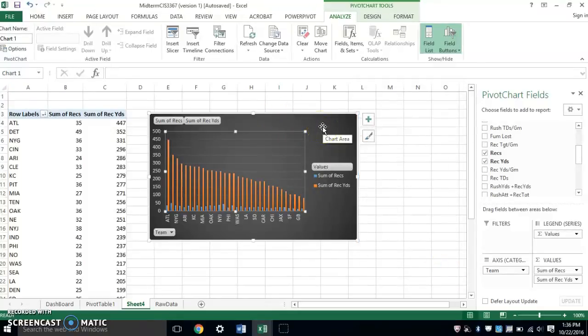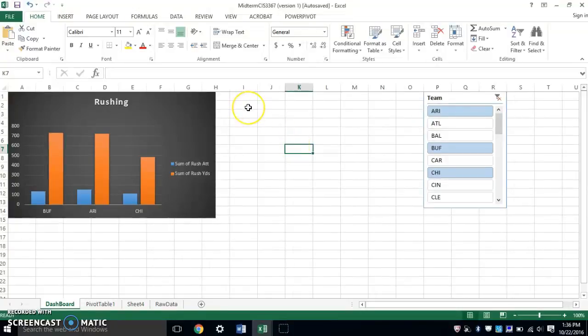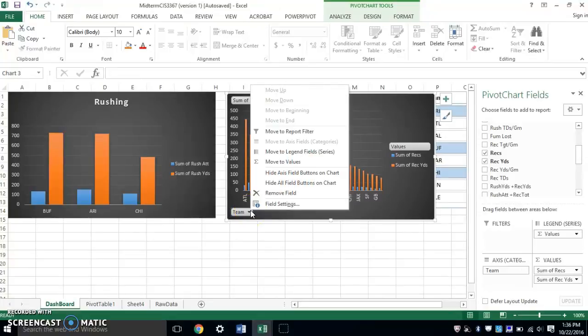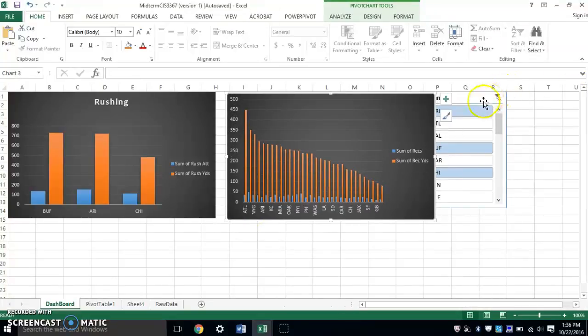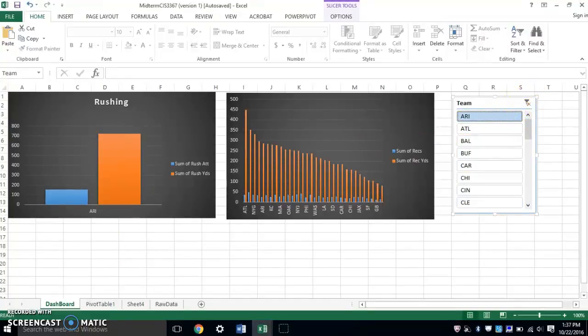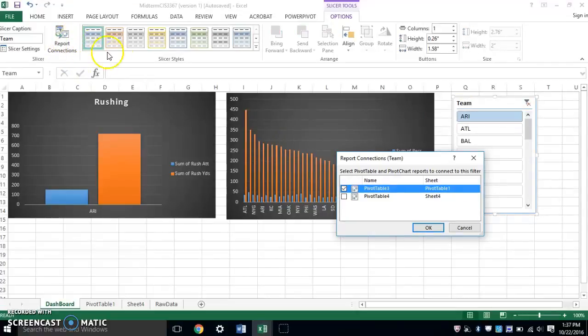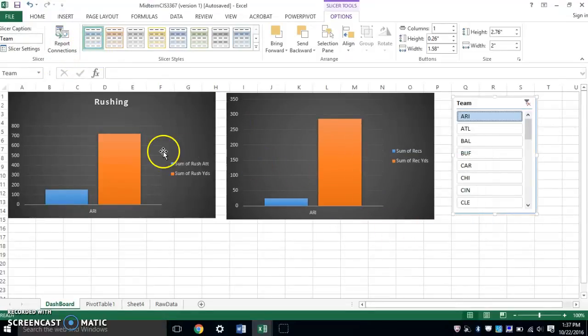So what I can do is simply select this, cut it out, put it on the dashboard, place it right next to our previous rushing chart, paste it, and clean it up. Once you clean it up, you will connect these two charts to this one slicer by giving it a report connection. Under the Options tab, to the left under the slicer grouping, click Report Connection, select the other pivot table, click OK, and now both pivot tables and both charts have a relationship,